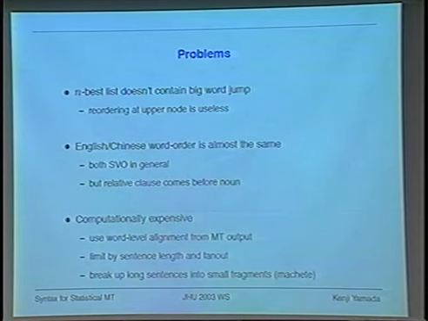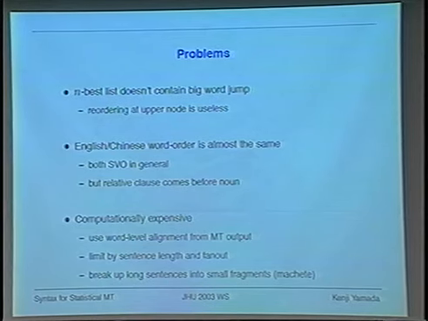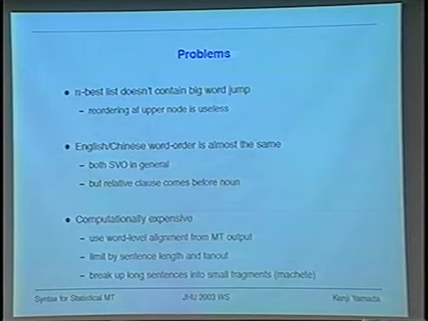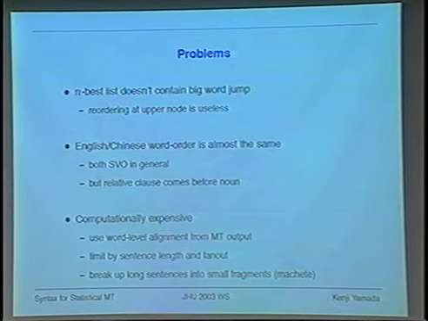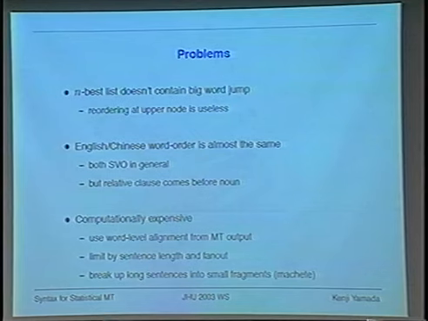And so because this translation model was developed for their own purpose, it is not always good for our n-best reranking business. An n-best list was produced by the MT system, and the MT system doesn't produce big word shuffle in the output. Also, we have a concern that English and Chinese have almost the same word order, so it may not be a good idea to use it. But some relative clauses and other things have specific reordering, so we still hold them.